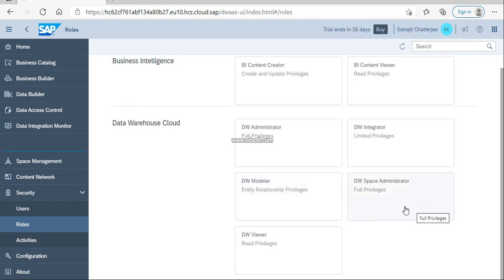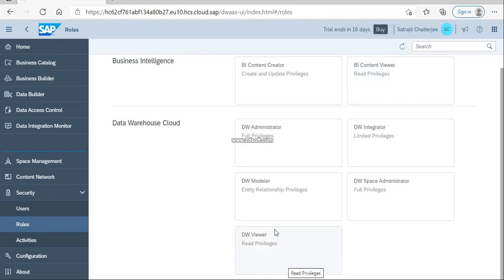The DW space administrator is where you have created a DW space. There are a lot of things in DW space creation that will come later in upcoming videos, where you can understand how the space is created, how the full privilege is given, and all that. So this is the DW space creator. And the last is the DW viewer, the database viewer. It is the equivalent database role of the BW content viewer, the role from the BI perspective. The same role converted to a database perspective is known as DW viewer.